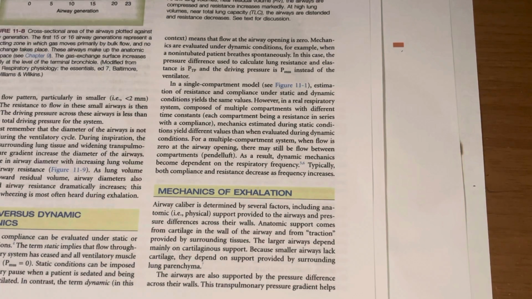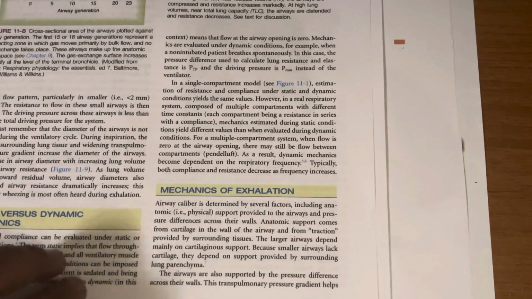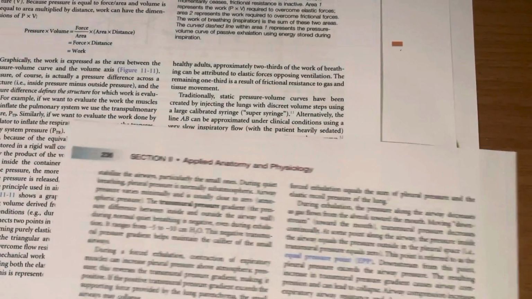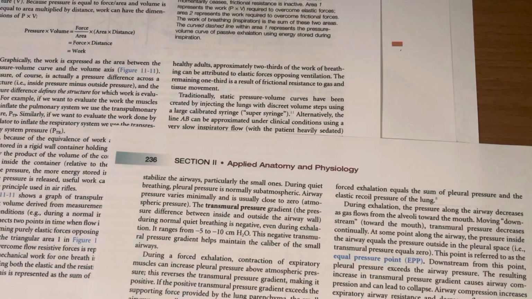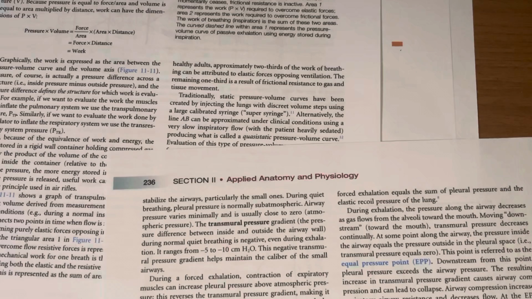The airways are also supported by the pressure differences across their walls. So there are pressures across the walls. This transpulmonary pressure gradient, so alveolar pressure, transpulmonary, pulmonary meaning in your lung, okay? This pressure gradient helps stabilize the airways, particularly the small airways. During quiet breathing, meaning during normal breathing, when you're not sick, you're just sitting there breathing quietly,